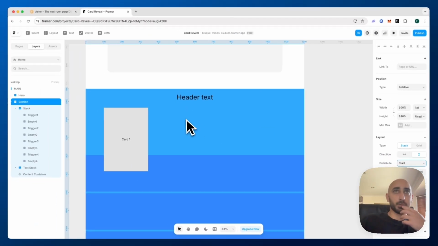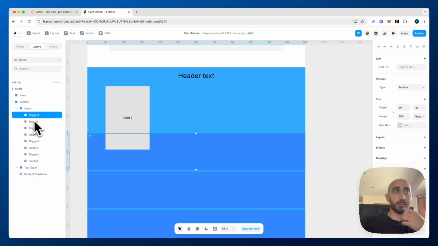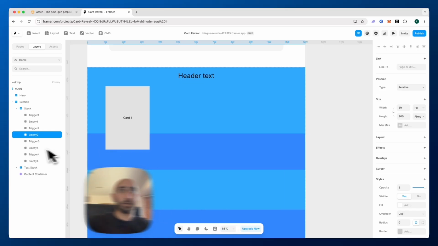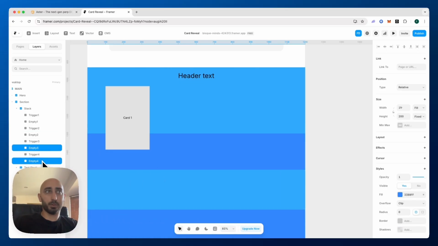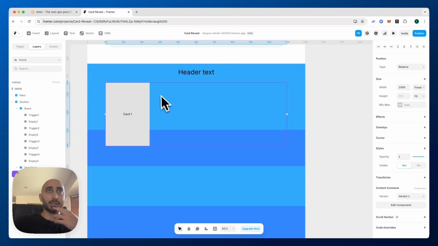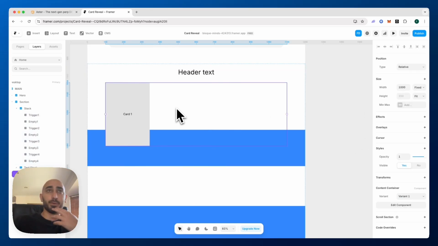So now as we scroll down, the blue, let me remove the colors first so you can kind of visualize what's happening. So the empties, I'm just going to remove all the fill colors for. So what you're going to see is as we're scrolling, the darker blue is going to trigger the next variation